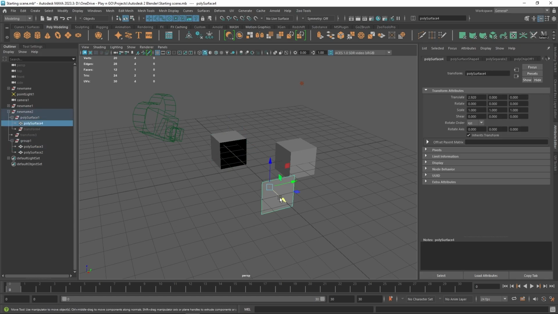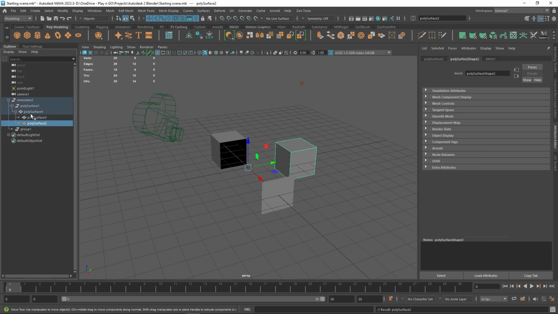So because I detached this face before, it was named something, but now it's named group and it has two poly surfaces. And Maya likes to make a mess out of all of this, and if you want to get rid of these, of course, you always have to delete history, and then it cleans itself up a bit, and then you can move